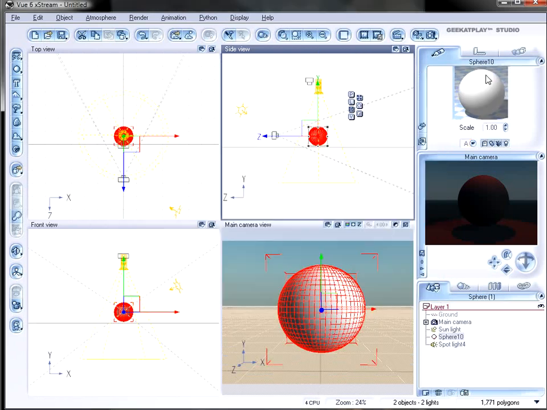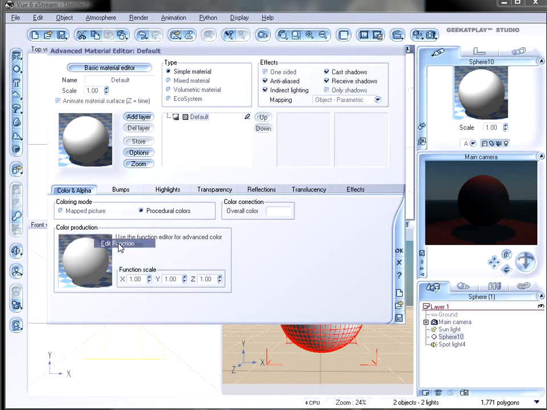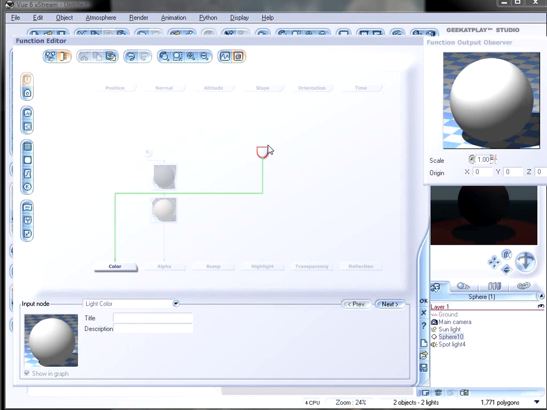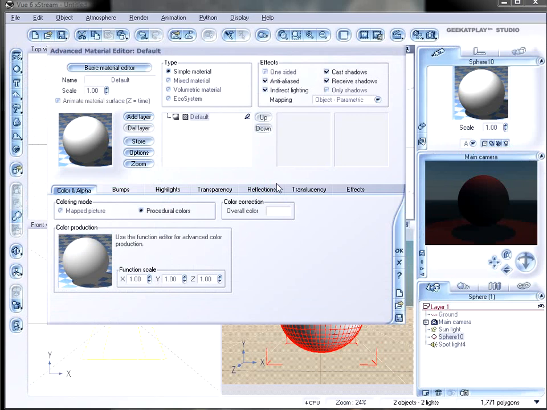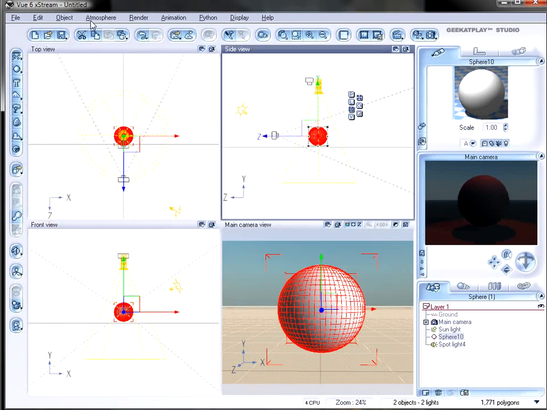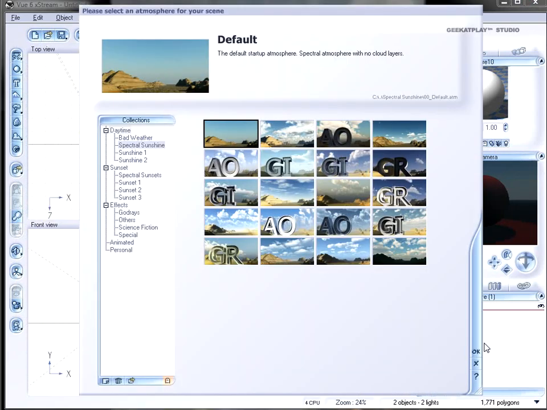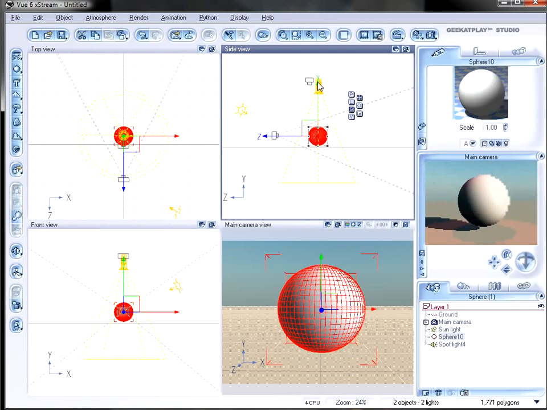So okay, let's go back to this down. This input one produces the light color and gives us the intensity of the light when it hits the object. Okay, let's restore our original settings. We don't need this light now. Let's create a new